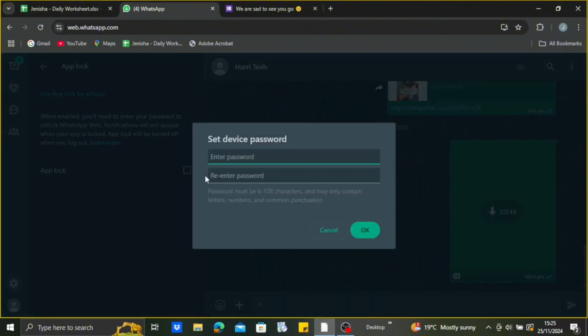Just tap lock, right click on it, and you need to enter a password and re-enter your password and set up your device password, and tap on OK, and just like that, your PIN should be set up for your WhatsApp on your laptop. So therefore, just follow that method and you should be able to do it